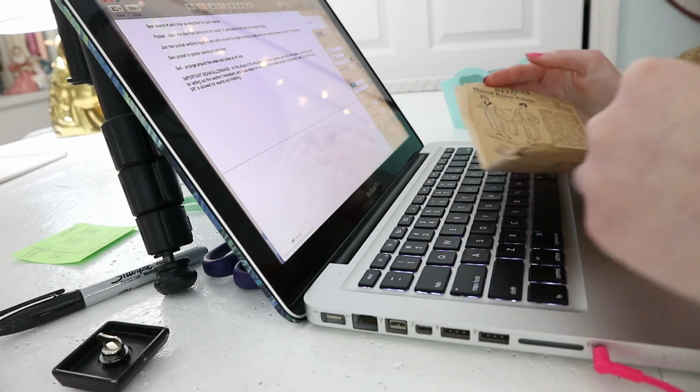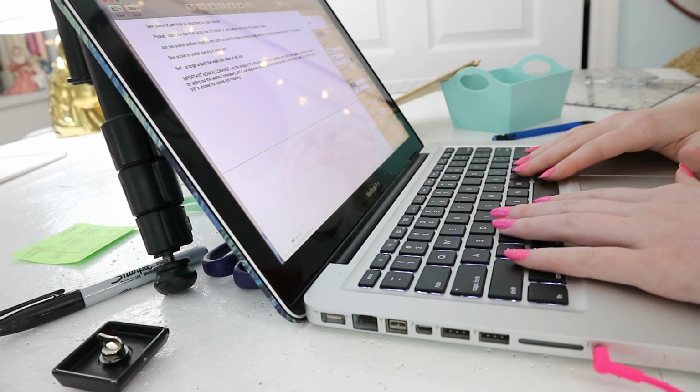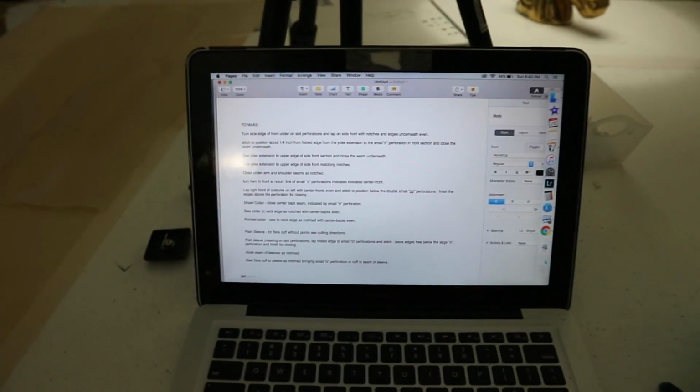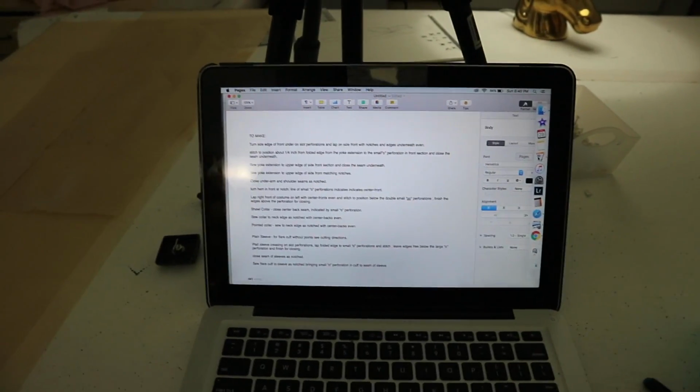So on that note, I'm just going to proofread this and then print it out, and then I can try and do some assembly before it's time for bed. The printer isn't working, so I'm going to have to keep my computer on hand. I think I have all the instructions typed out, and I'm just going to take this project one step at